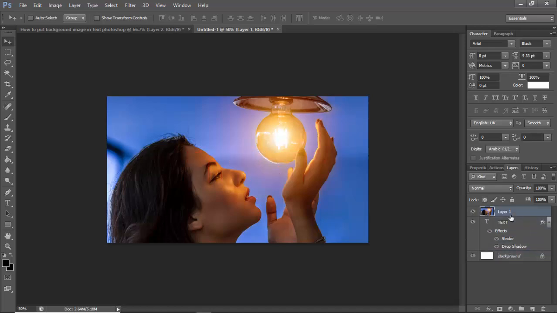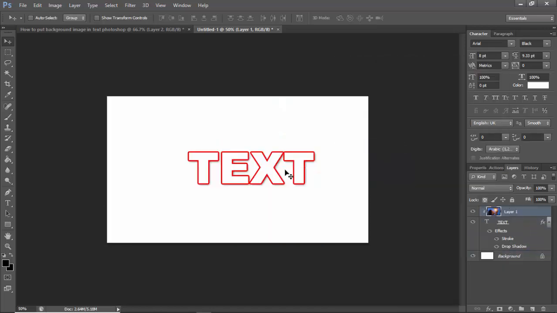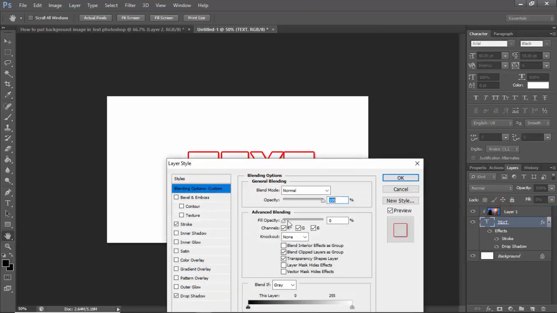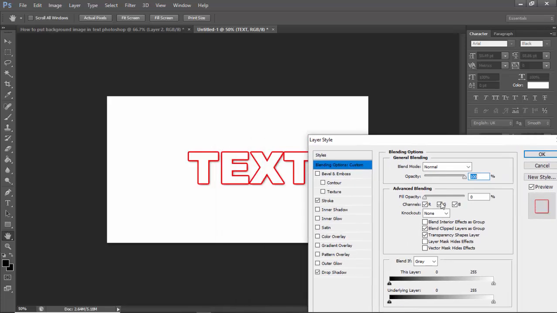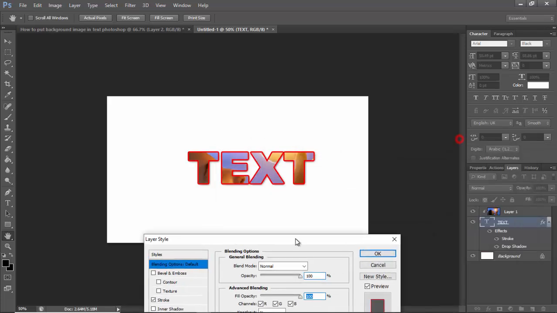Another way, right click, create clipping mask. FX, blending, and fill opacity. Okay,